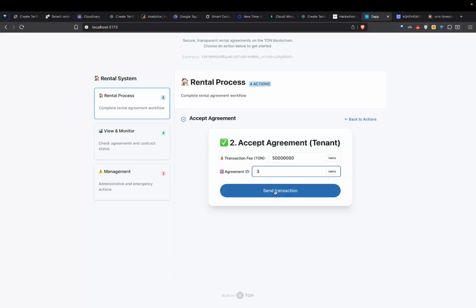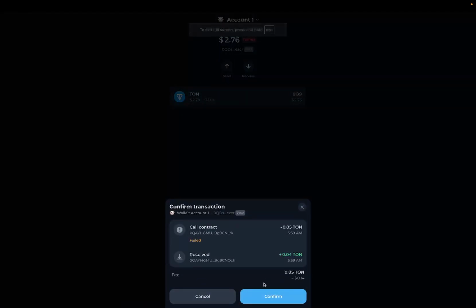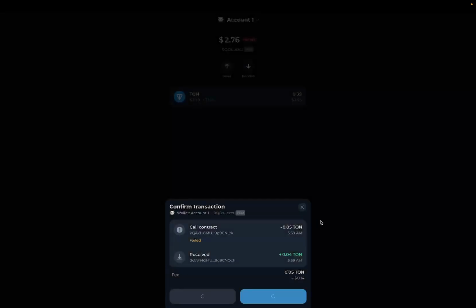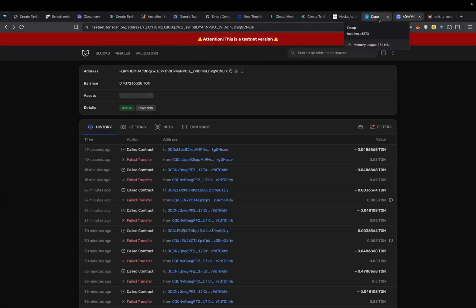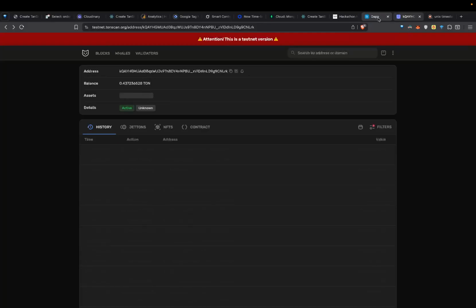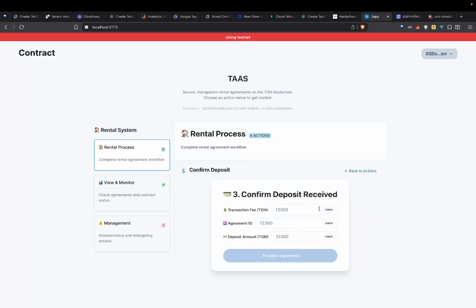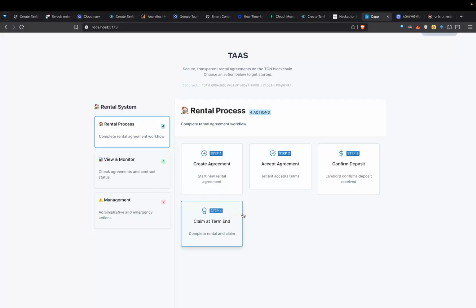Suppose he puts 3 here and then he signs the transaction, it goes directly signed by the tenant. And again the payments are failing, but for the demo's sake we move ahead, and then the flow goes on and the landlord confirms that he has received the payment here, and the agreement continues.